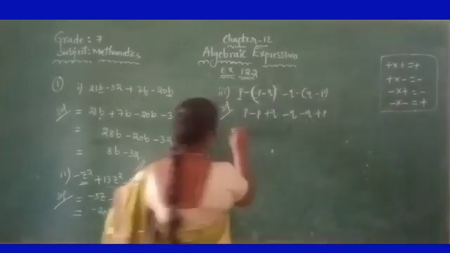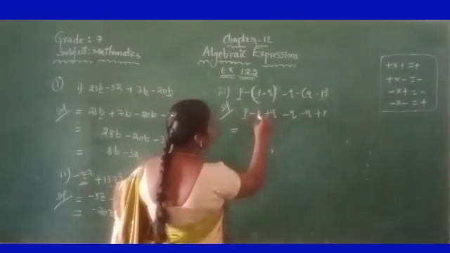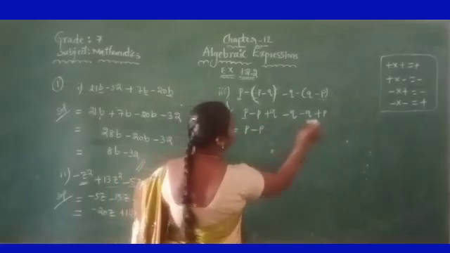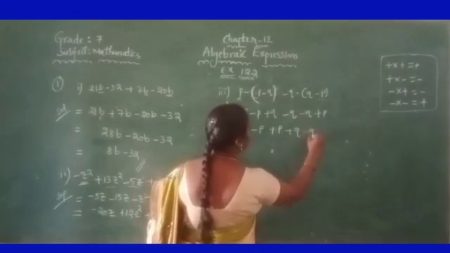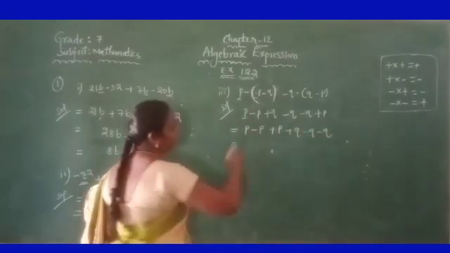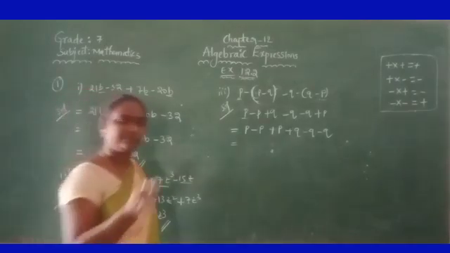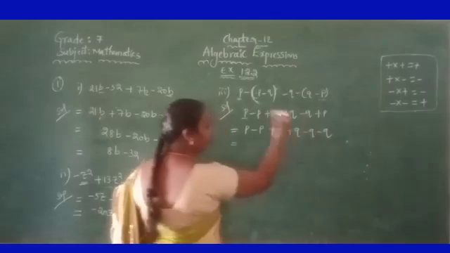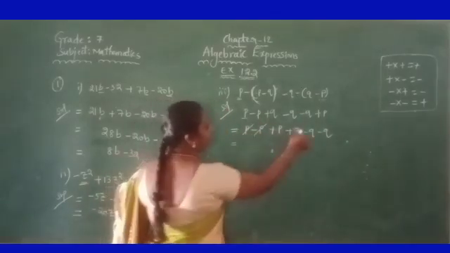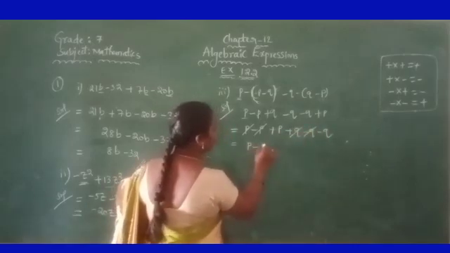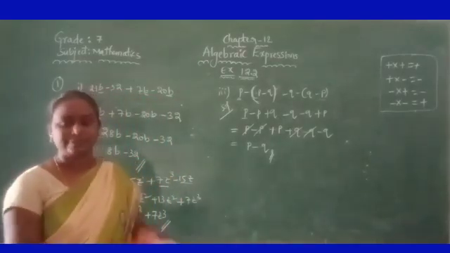Now bring all the like terms to one place. Here we have p: 1p and minus p, and here plus p. Then 3 q's are there. Whenever you write like terms at one place, don't leave the sign; bring it along with the sign to the front. Now plus q minus q, both are cancelled. What are the remaining terms? P minus q, or minus q plus p.